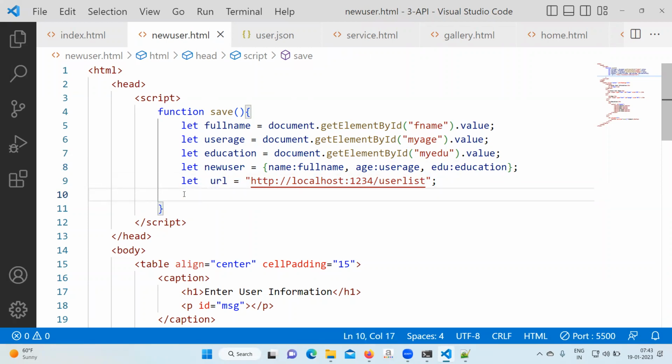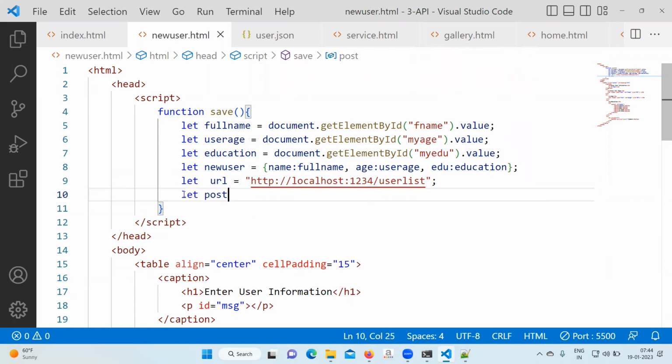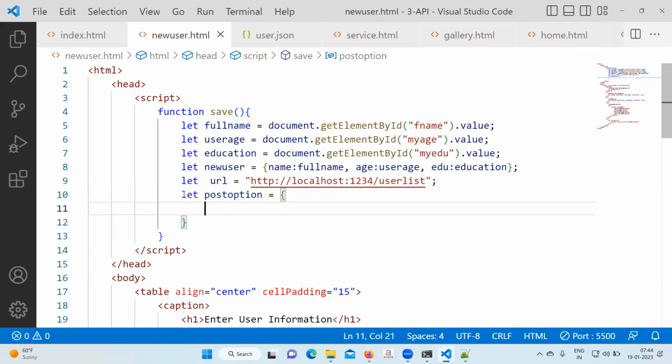Before posting, we have to inform the fetch API function where we are posting and what we are posting, what is the method and what is the encryption type. So for that, create another variable, post option. It's a variable, can be anything. Post option equal to